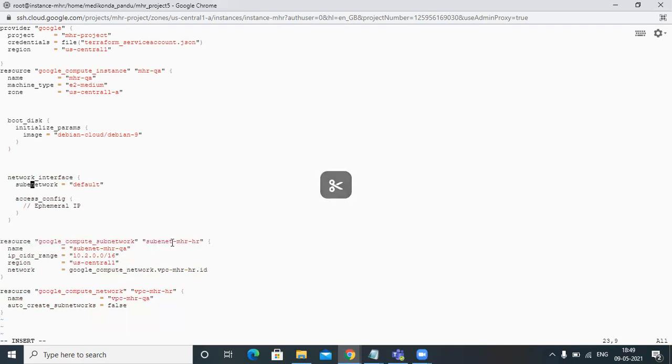So for that purpose I need to mention the subnet clearly. subnet.id. Okay, my compute instance needs to be created in this particular subnet.